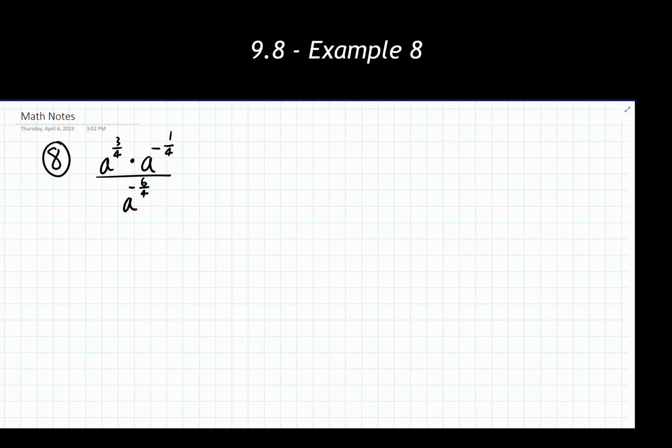All right, and now we have number 8, final example with this. Similar to what we did with number 7, I think it's worthwhile to write down the potential rules and properties that we could use here, because we have a lot of options at our disposal. So we have the product rule showing up, we have the quotient rule showing up, and then we also have negative exponents showing up. I'm going to shorthand exponent here. Get the same idea across there.